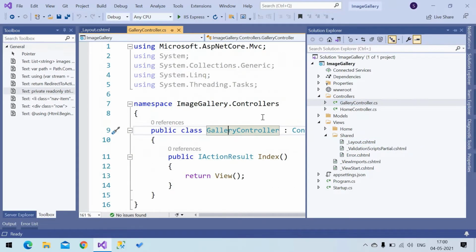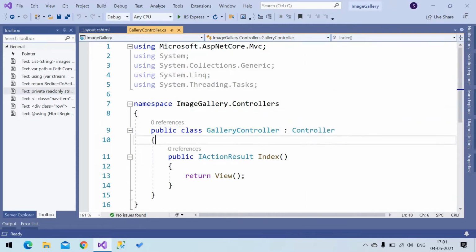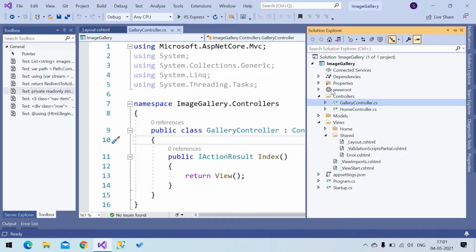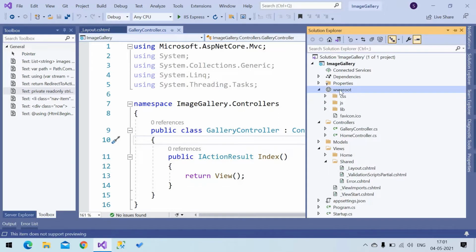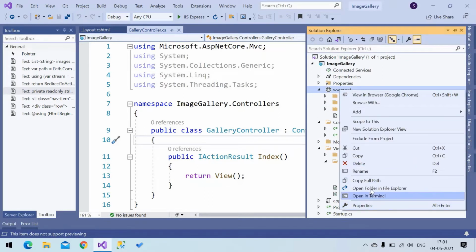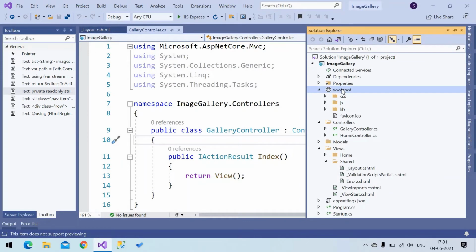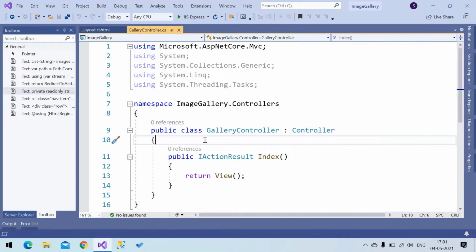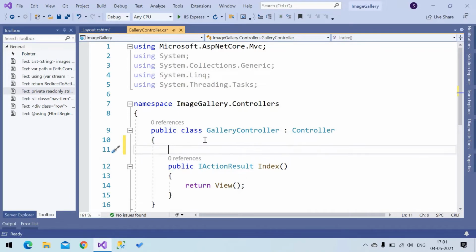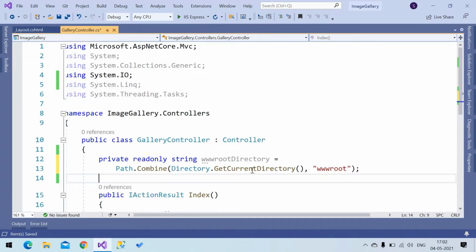Okay, so I'm going to the Gallery controller. Basically I want to save files to the wwwroot folder. In websites we need to save all the files inside the website directory only, otherwise we cannot access them.